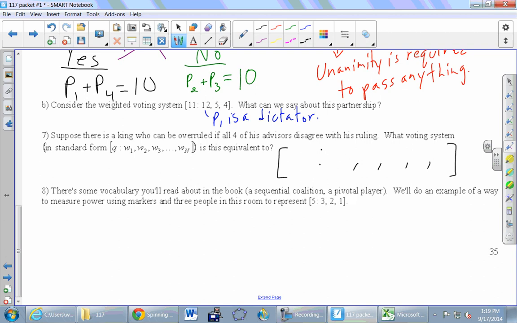So to me, it seems like we should start with the weaker folks, the advisors, and let's just make up a number to give them some power. You could call them each 7 if you wanted to. It seems easier for me to just call them 1s. But I think there's a compelling reason for starting over here and saying, okay, 4 advisors, they're all equal. Let's just pick a number and we'll call them all 1s, okay?